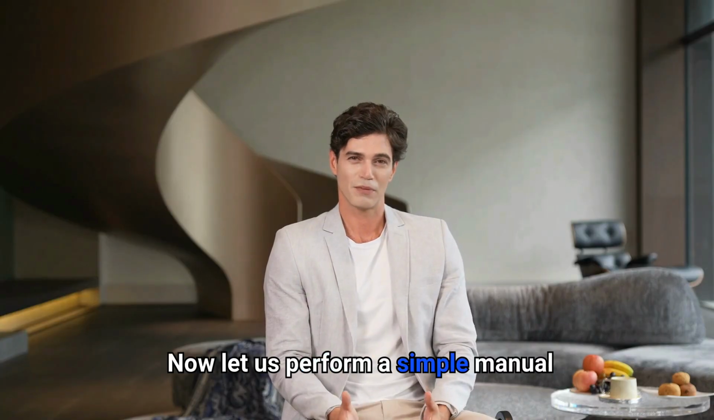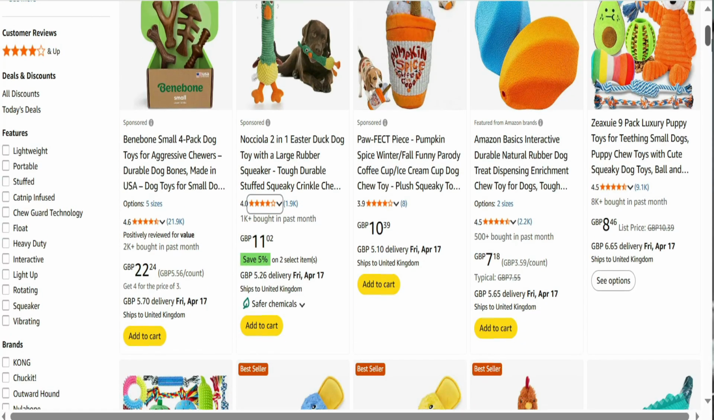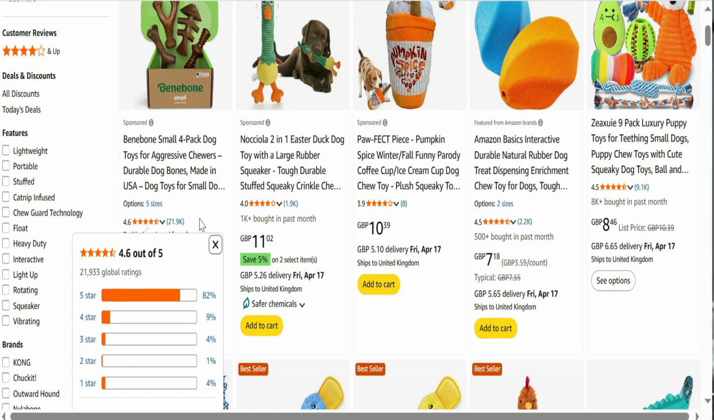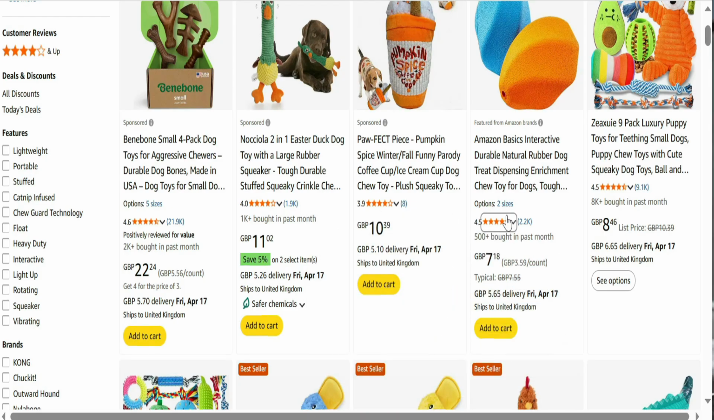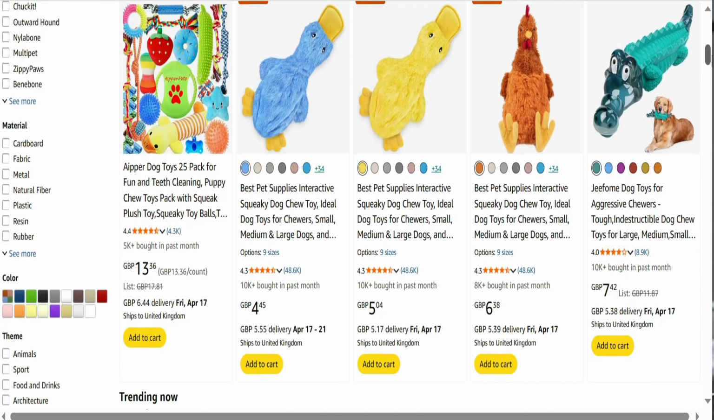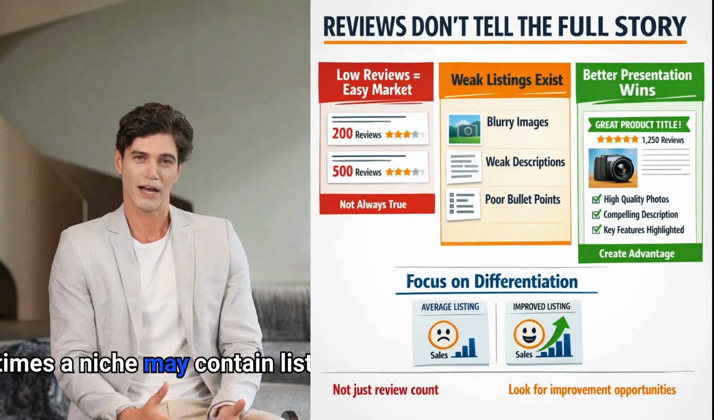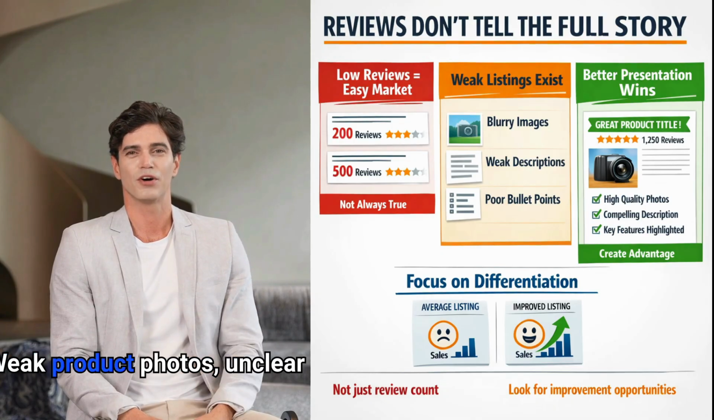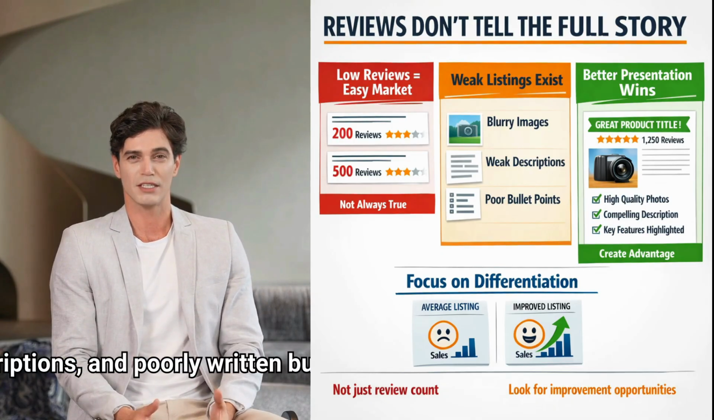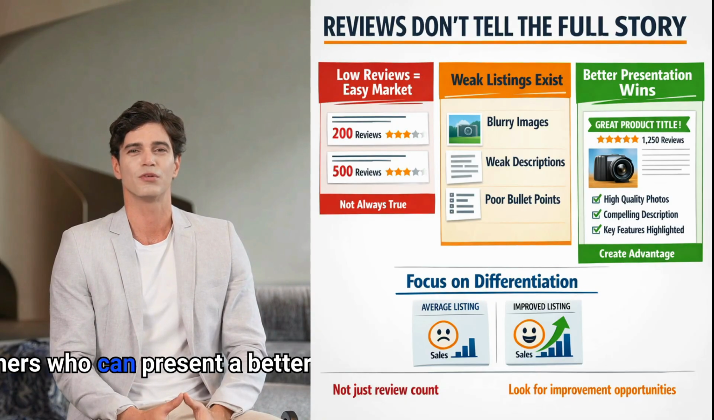Now, let us perform a simple manual competitor analysis. Look at the listings on the first page of search results and examine the review counts. If many top listings have extremely high review numbers, such as thousands of reviews, it usually indicates a highly competitive market. However, review numbers alone do not tell the full story. Sometimes a niche may contain listings with moderate review counts but poor listing quality. Weak product photos, unclear descriptions, and poorly written bullet points can create opportunities for beginners who can present a better